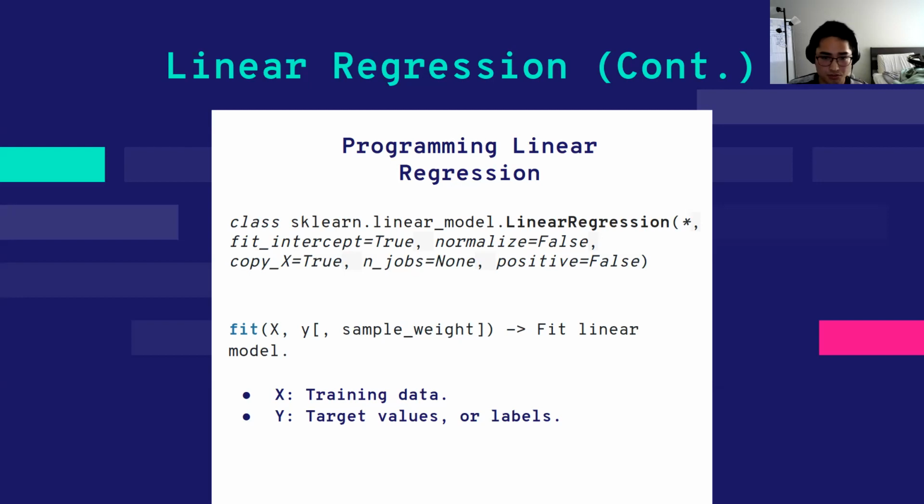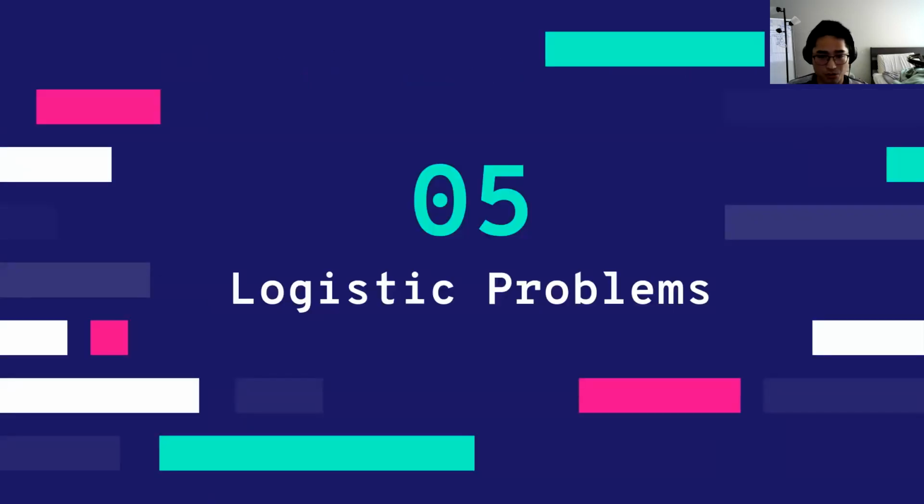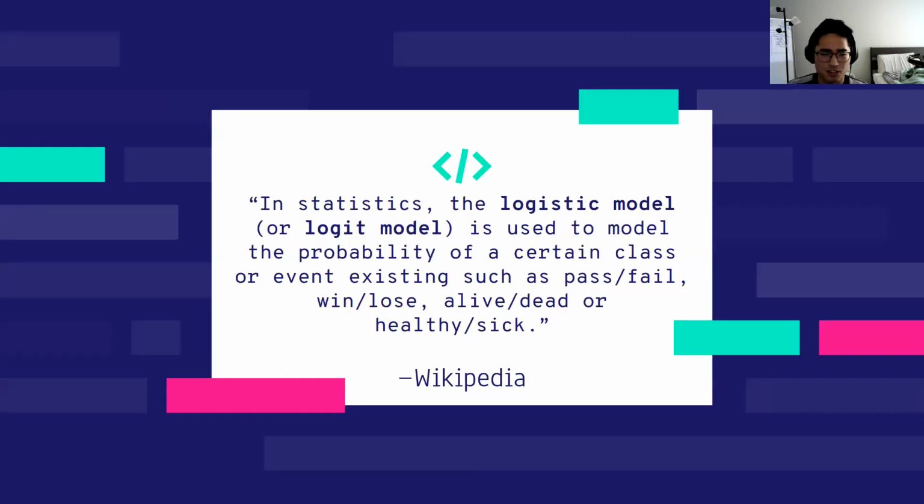Just to continue, the next problem that we will be dealing with is the logistic problem. Wikipedia does a great job explaining what a logistic model is. Basically, it's a statistical model that is used to output a probability that your output is of a certain class. For example, if you have an image, and I love to refer to images because they're easy to understand, say image data with the labels cat and dog, and pretty much your whole data set is just cats and dogs, right?